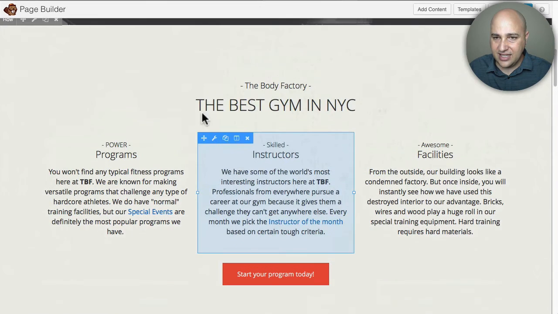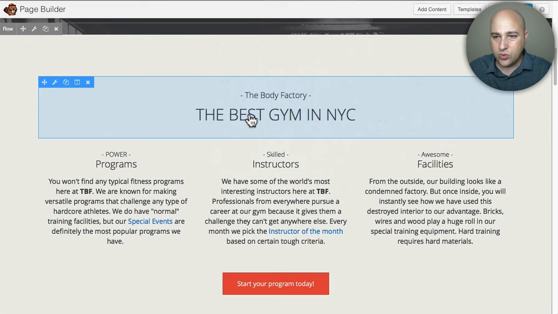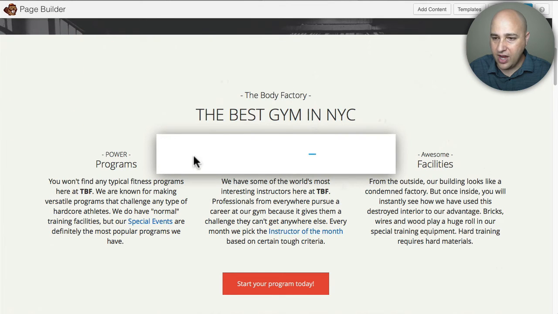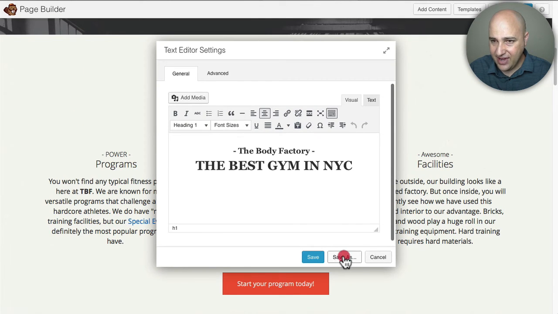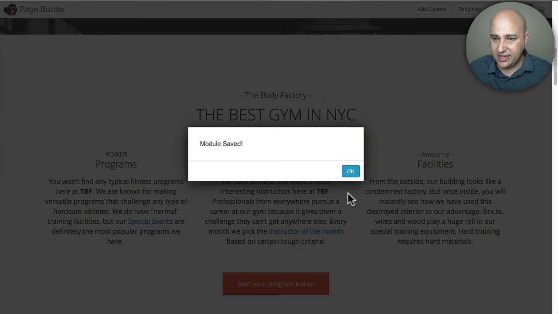So, for instance, this is an entire row when I'm highlighting it here, but this right here is just a module. So say this is a headline the way I want it to look on all of my pages. So I might want to save this module because I like the way I formatted it, but I don't want to do it over and over and over for every single page. I just want to be able to drag and drop and change my text. So this is how you would create a module template. Same thing, hover over, click on the wrench, and there we have it, Save As. And then let's just call this my header. I like that, and I'm going to go ahead and click on save.